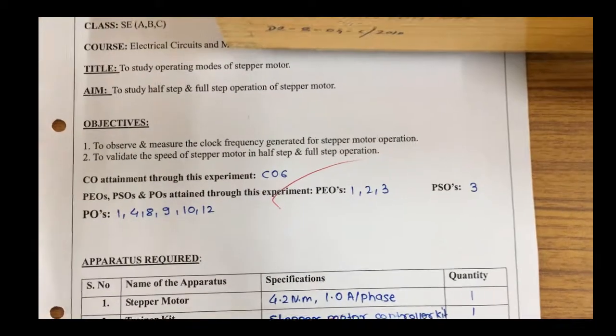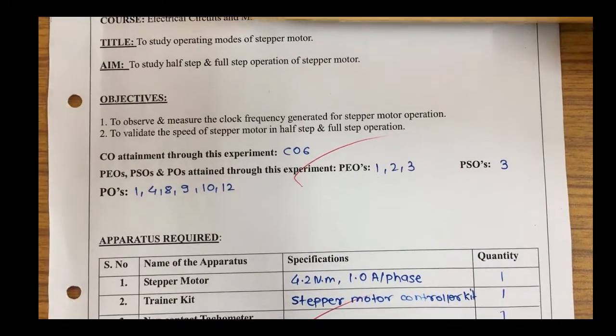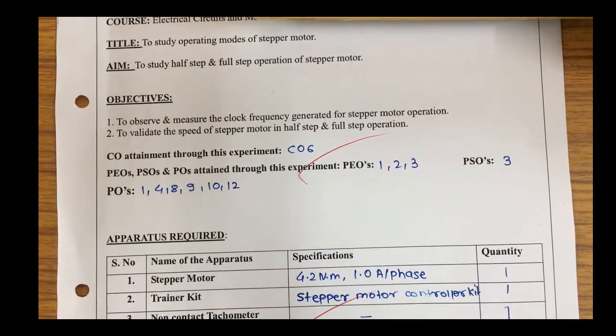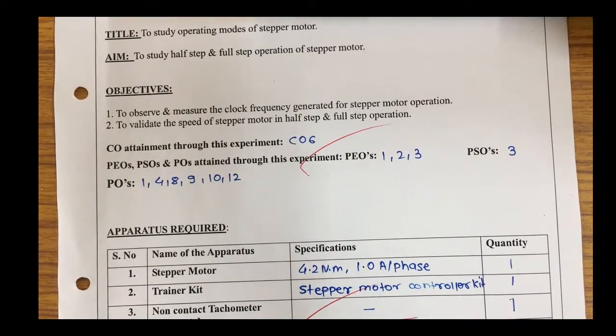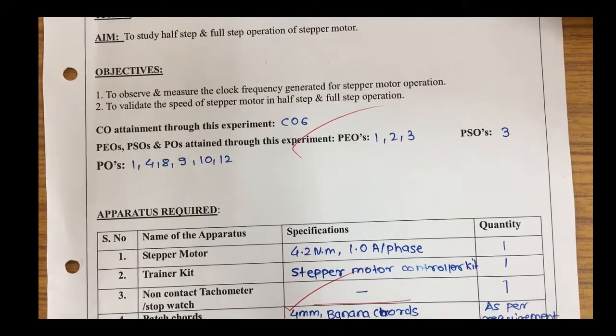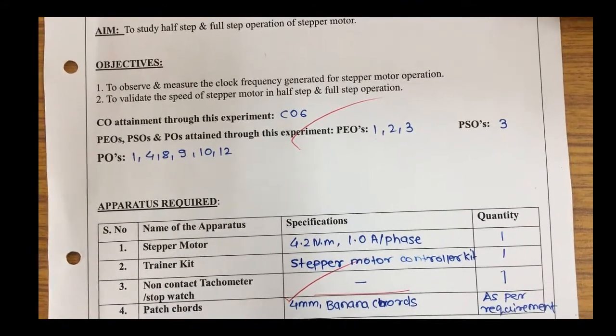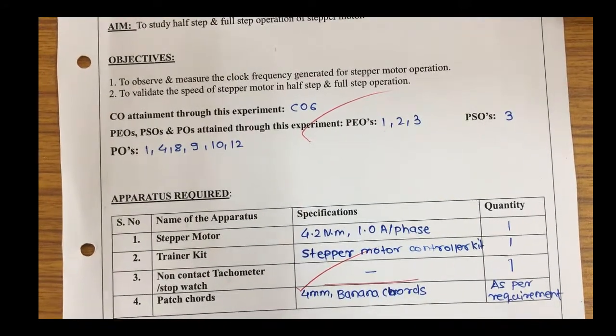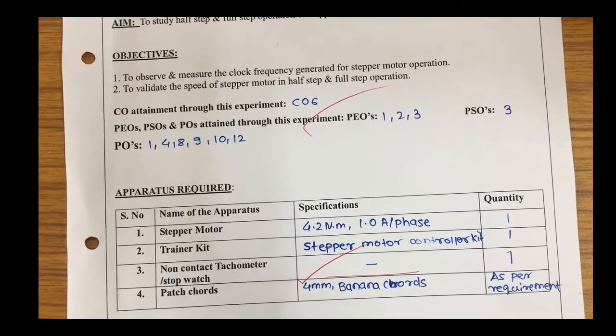Hello students, today we are going to perform the experiment of stepper motor. The aim is to study half step and full step mode of operation of stepper motor. Here we are going to observe and measure the clock frequency generated for stepper motor operation. To validate the speed of stepper motor in half step and full step mode of operation, we have to do